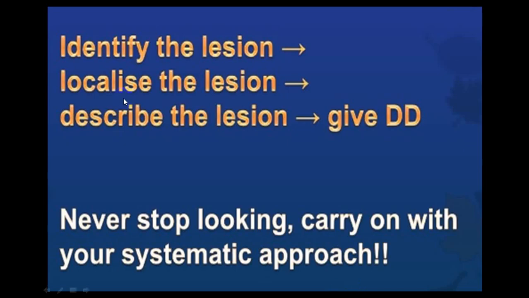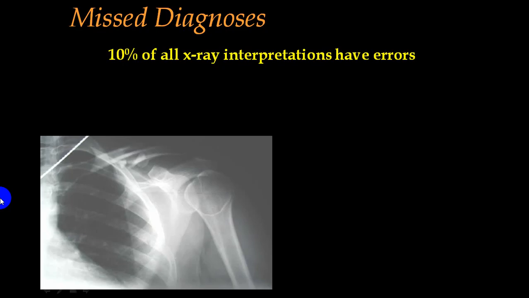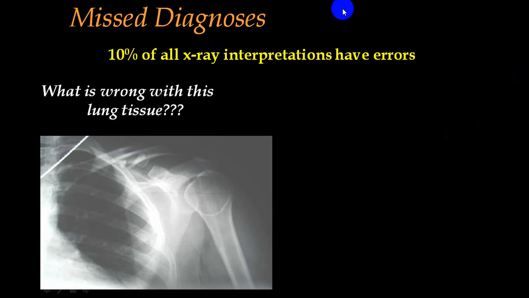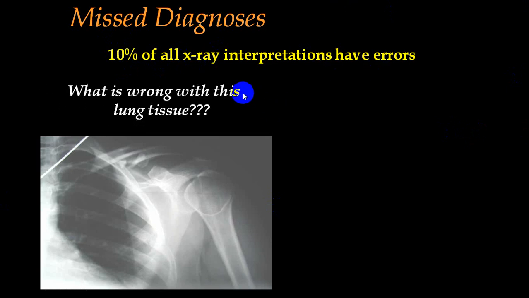But the main important part is to identify the lesion, localize the lesion and describe the lesion. So that should be there. Never stop looking for findings. Carry on with your systematic approach. Sometimes you miss something. 10% of X-ray interpretation will always have an error. And sometimes you miss